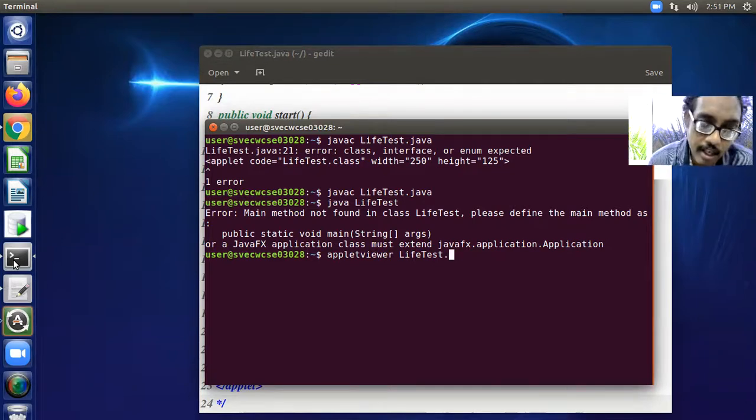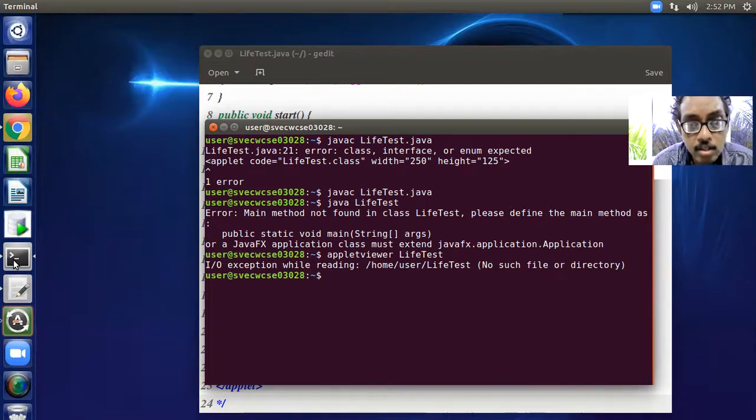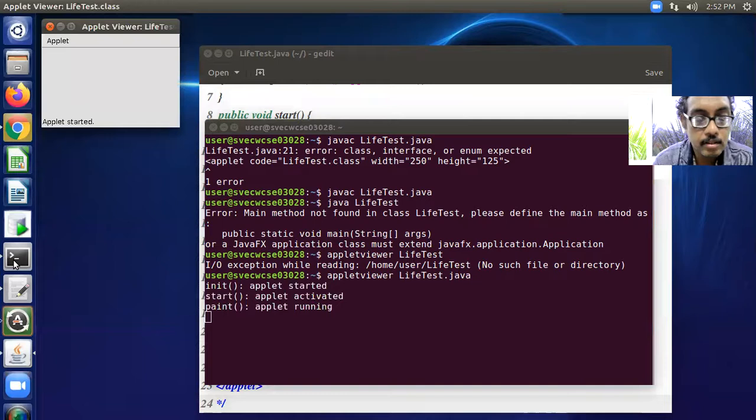That is the reason I am writing the applet code into a .java file. If you do not want to write it in a .java file, you can save it as a separate file with the .html extension. I am writing the code in a .java file, so without .java I cannot execute. You get no such file or directory, which is one of the common errors. With the extension, you can run appletviewer.